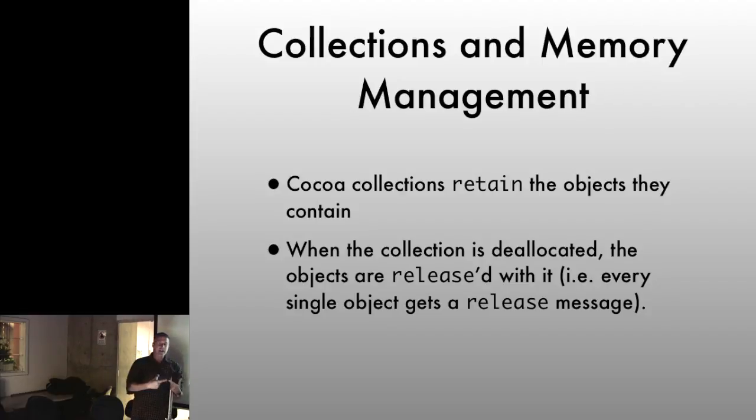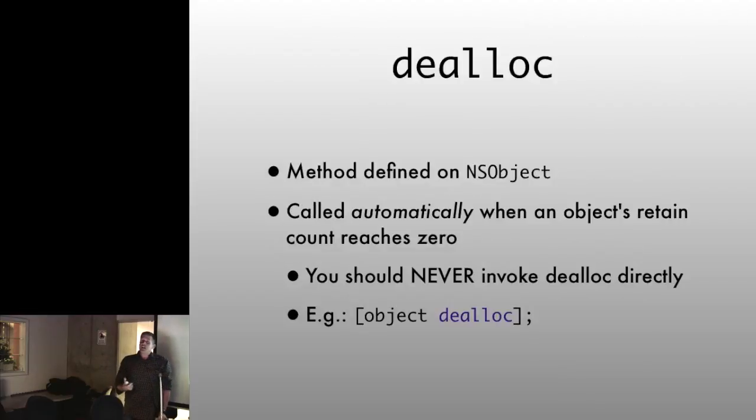So, you allocate an object, you add it to a set, its ref count is, no, 2. You delete the set. What's its ref count? It hasn't gone away. What do you need? Release. Good. So NSObjects have a method that you can override. It's the dealloc method. It's called automatically as soon as a reference count hits